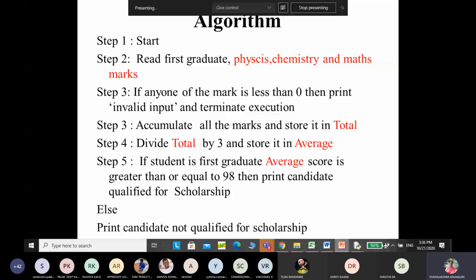So for this problem, I have explained the PAC as well as the algorithm. You write the pseudocode as well as the program. And one more problem also, please take down. Write the Python program. That means for the Python program you have to do all the things: PAC, algorithm, pseudocode, for finding the largest among 3 numbers.